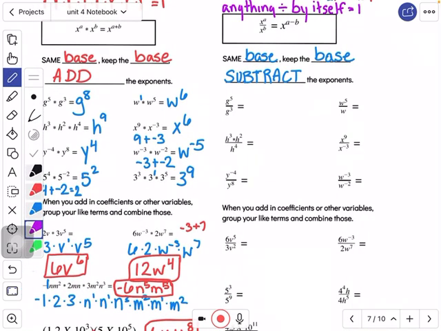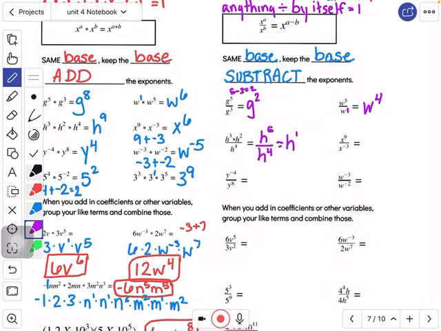So let's look. G to the 5th divided by g to the 3rd. So that's g squared because 5 minus 3 equals 2. W to the 5th divided by w to the 1st. Again, you might want to put that 1 in there, is going to give you w to the 4th. Here, we're going to multiply across the top first, so that's h to the 3 plus 2 is 5. Then we're going to divide h to the 5th divided by h to the 4th gives us h to the